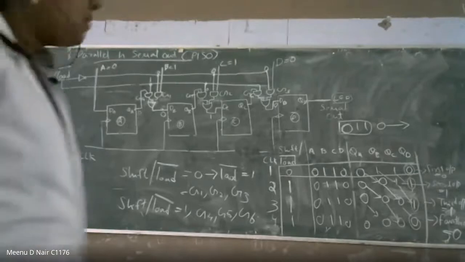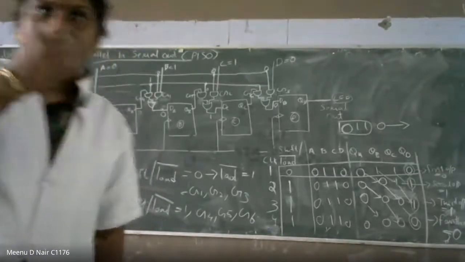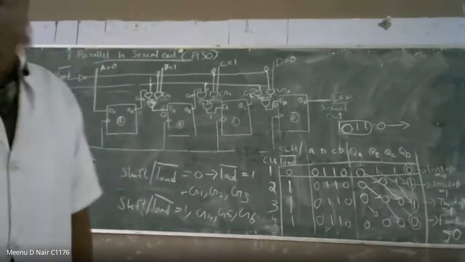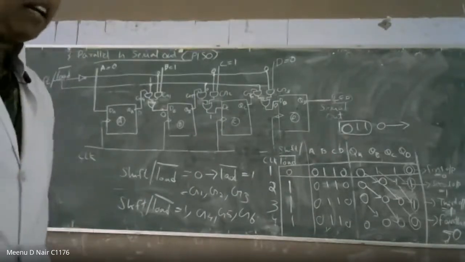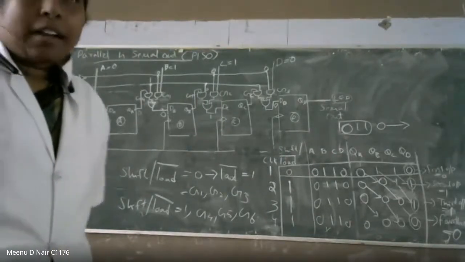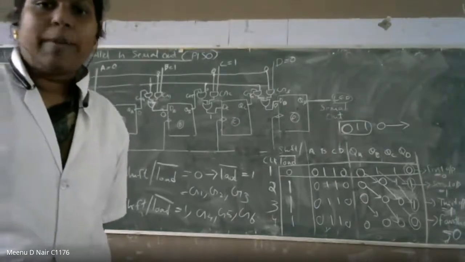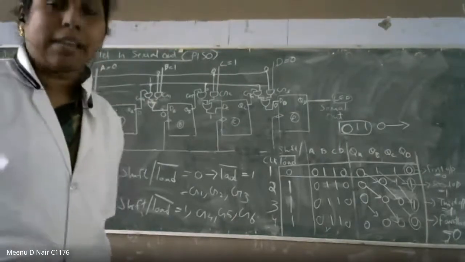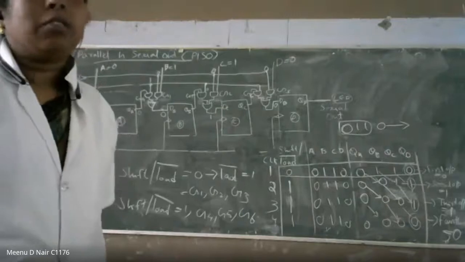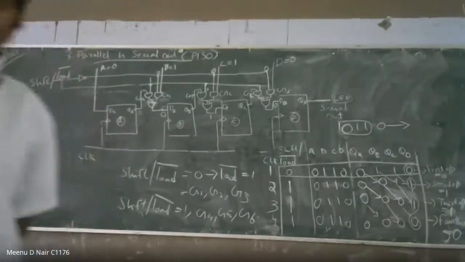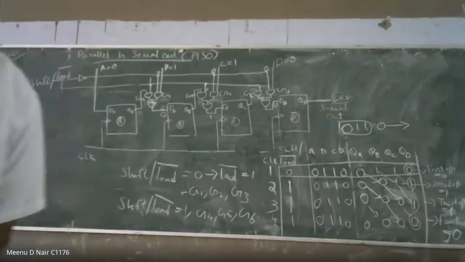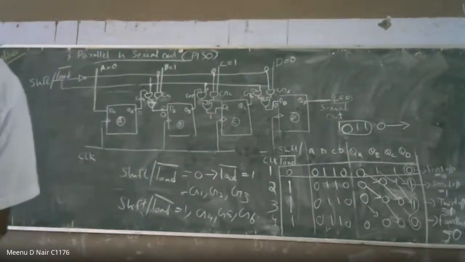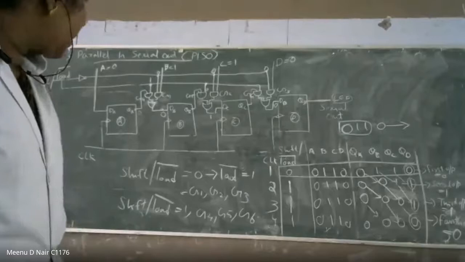So these are the 4 types of shift registers. First one is serial in, serial out; serial in, parallel out; parallel in, serial out; and parallel in, parallel out. So the diagram is most important. You may be asked it as a 2-mark question as well as an essay question. As a part of an essay question, not a full 12-mark question. It is a part of an essay question. So if you have any doubt, you can ask.